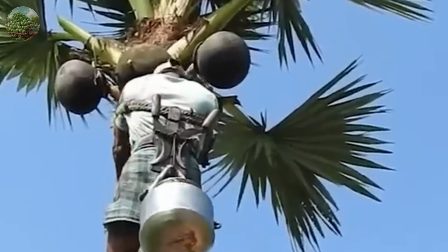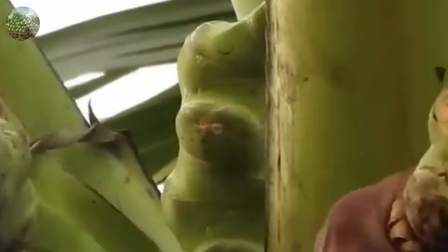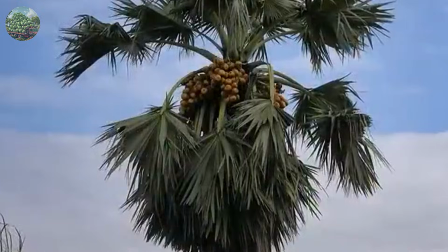Upon reaching the top, the tapper makes a small incision in the inflorescence and attaches a clay pot or a bamboo container to collect the sap. The Palmyra palm, scientifically known as